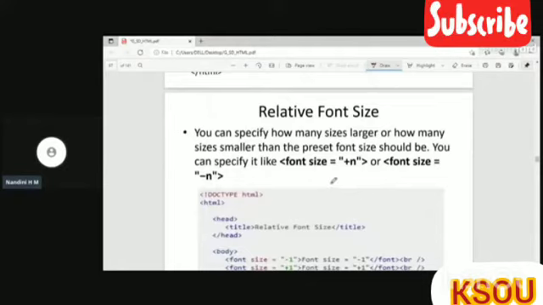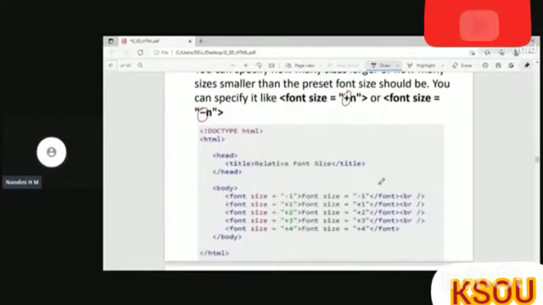In order to specify a relative font size, you can use the plus or minus symbol. You can see in this example, if you use -1, it will be in a smaller size. If you use plus, it will increase the size of the font. You have to trial different sizes and view the web page, to see which font size suits that particular content in the web page.